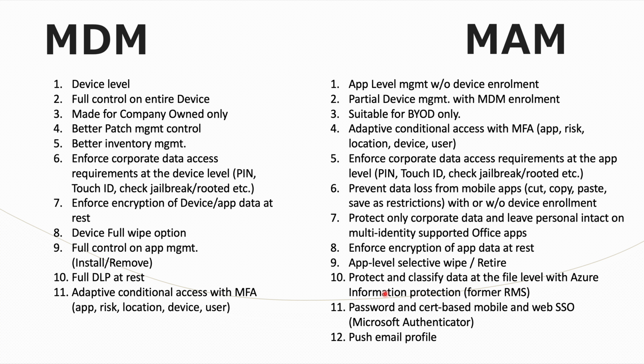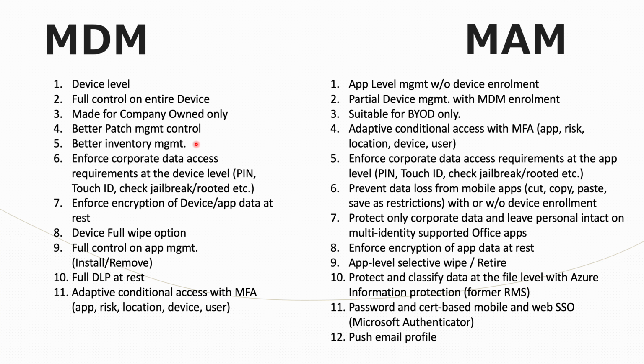First understand the difference between MDM and MAM. MDM is at the device level, as you can see here. It will have full control over your entire devices. It is only suitable for company owned devices, and it has better patch management control. If you have company owned devices which are supervised through Apple Configurator or Apple Business Manager, you can control the OS. You can patch the operating system, iOS or Android through Samsung Knox management if it's a company owned device, right? So better inventory management, you can see all the details